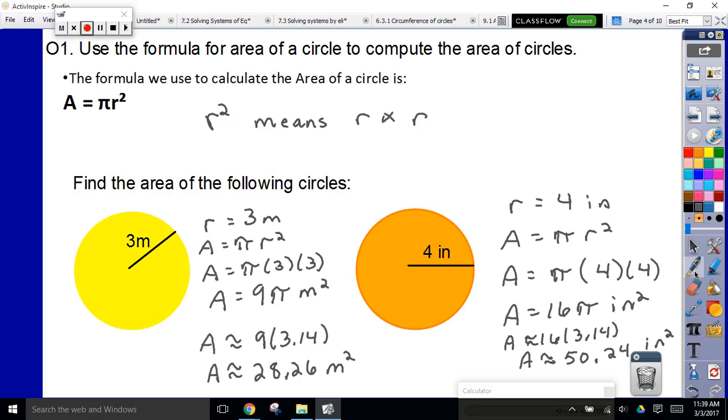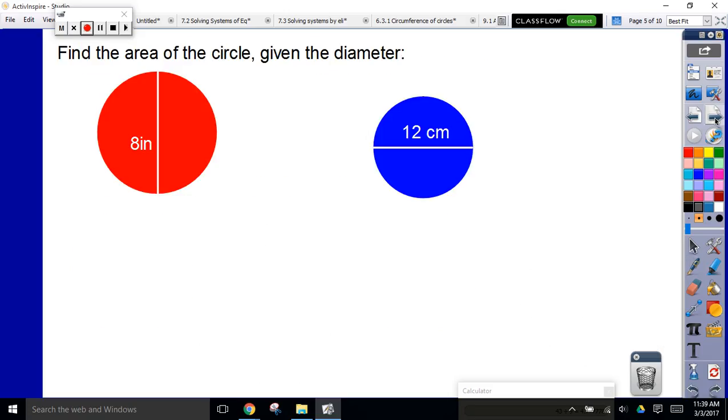Okay, the 2 problems on the next page are finding the area of the circle if we're given the diameter. So in this case, we see a line drawn the whole way across the circle, which is the diameter. So we have to find the radius first. We can't plug the 8 into our formula. And we can't do 8 times 8 and then divide by 2. That won't work. We have to first just find the radius. So if the diameter is 8,